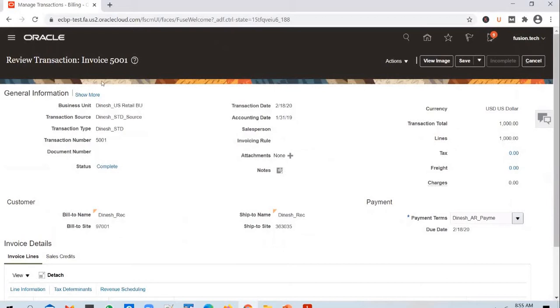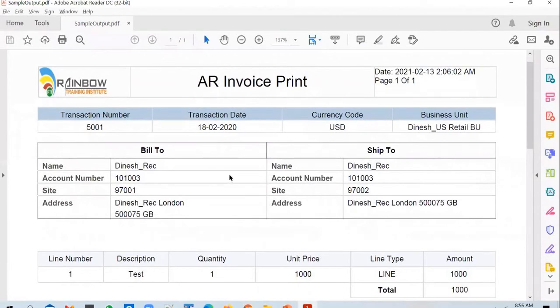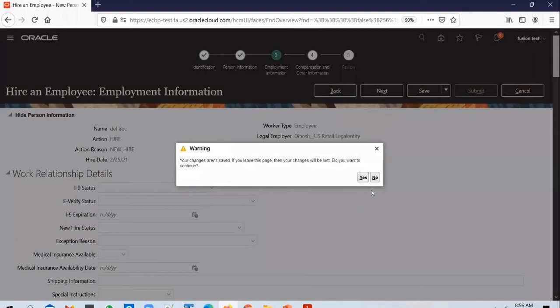I need to pull information from this screen, and I need to generate a report output which looks like this. That is the use case. We're going to build this as a Business Intelligence Publisher report, or in short, a BIP report. And how do you start?